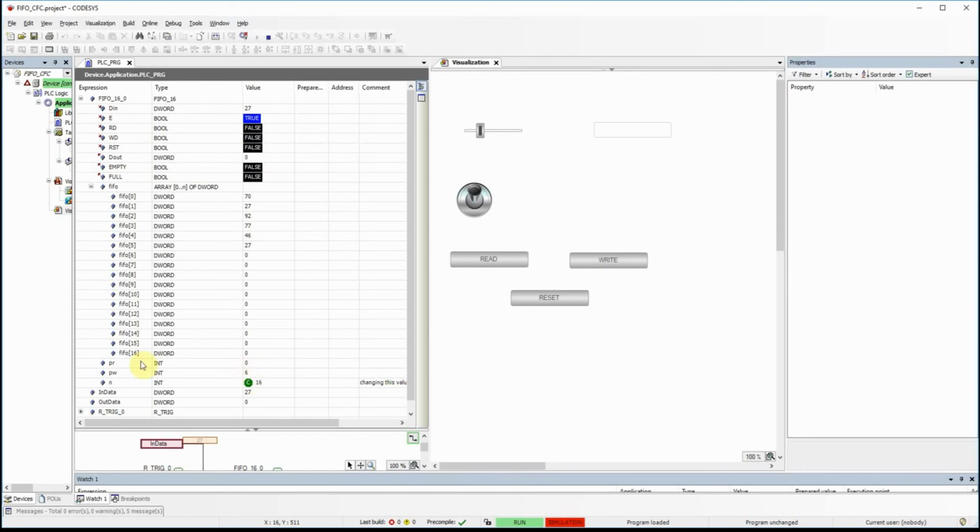The index for reading is still 0. Now if I click on read, the index increases to 1, and the data output, the DOUT, is set to 70 as well. If I click on read again, the second value that we had entered appears at the output, and if I continue, you see that 92 appears here,